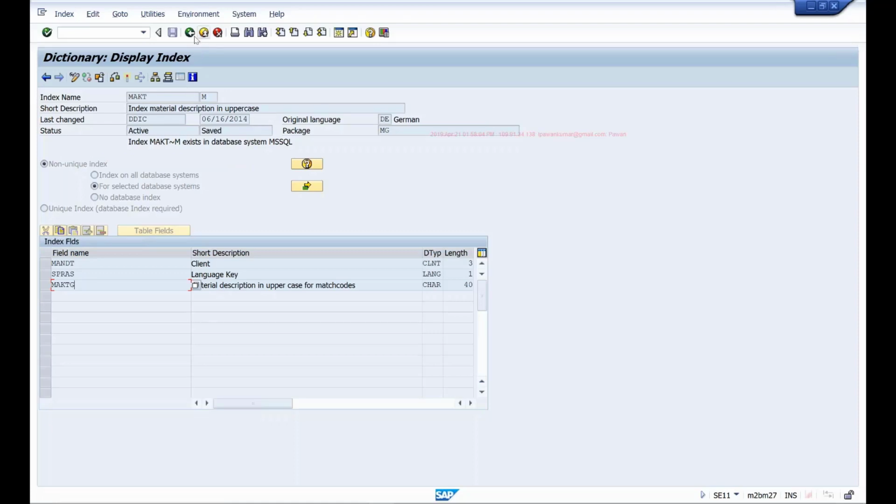So here, by default, this table has MANDT, MATNR, and SPRAS as the key fields. So that is the primary key, which is always unique. So when I'm writing a select query, for example, and in the where clause, if I mention these three fields, MANDT, MATNR, SPRAS, even if you ignore MANDT, the system will add that automatically.